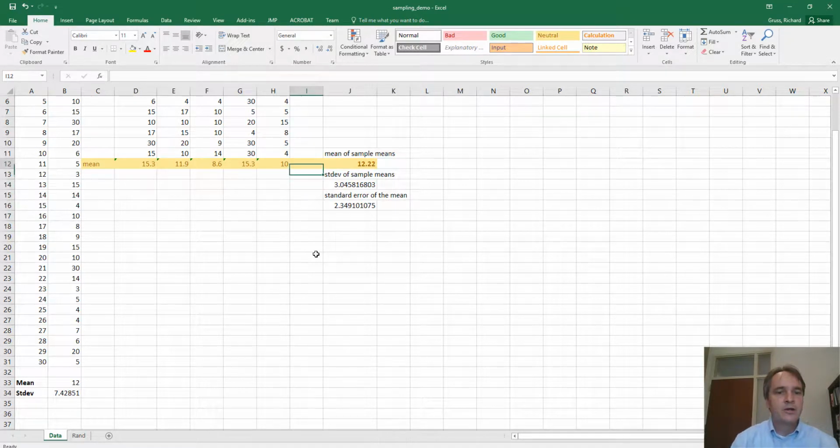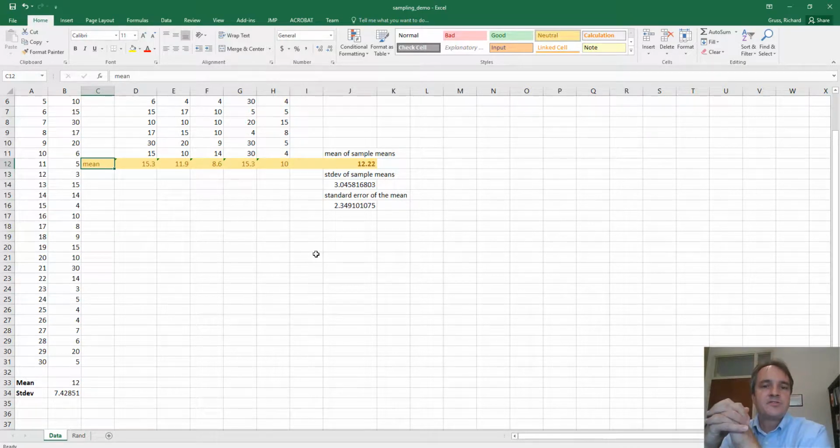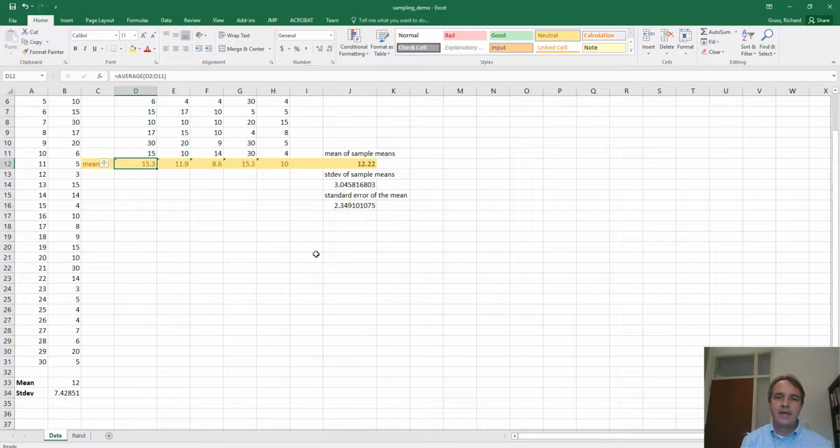So again, remember that every sample was slightly different in its mean. And so if we want to say, okay, for this population, this is what the true mean is, we can't really just put a point estimate on it,